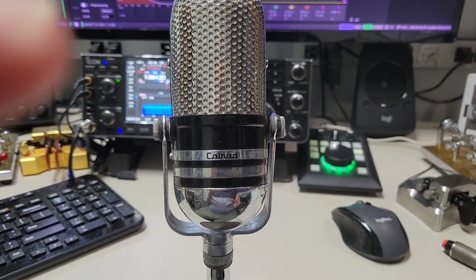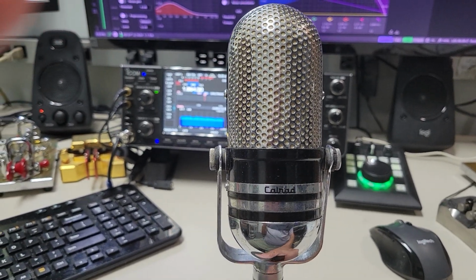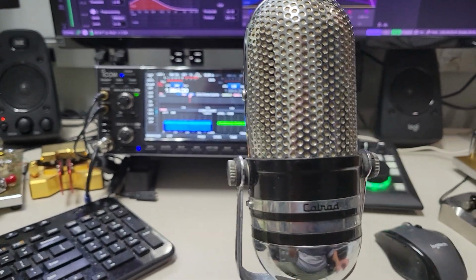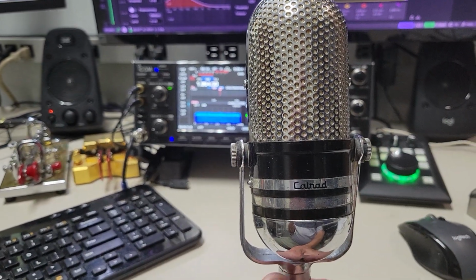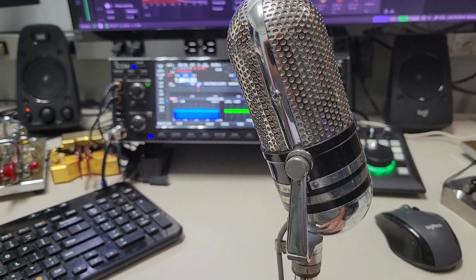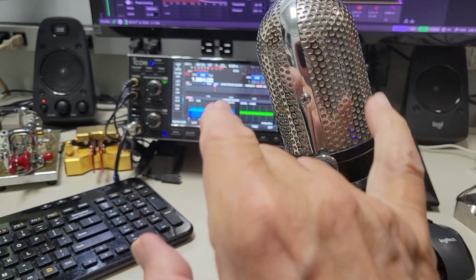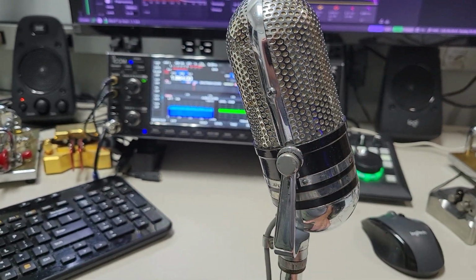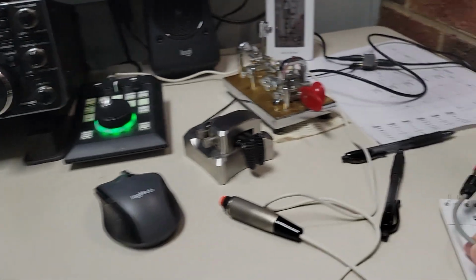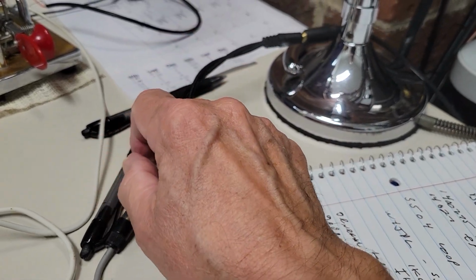This is the Calrad microphone from back in the 1960s. It's a crystal microphone. It's probably meant to mimic the appearance of an RCA microphone, but it was not expensive. The microphone has a crystal element on this side and another one on this side, so it's got two crystal elements that are in parallel with each other, and they come out this cable here, terminating with an RCA plug,